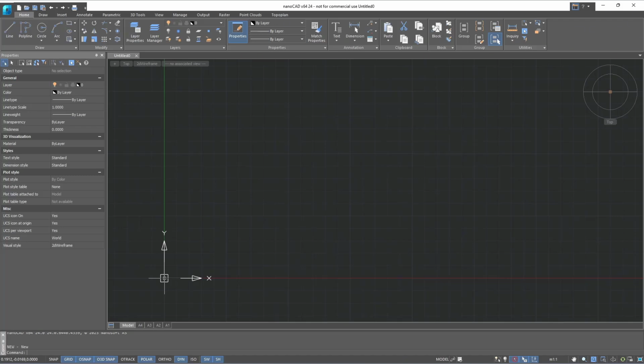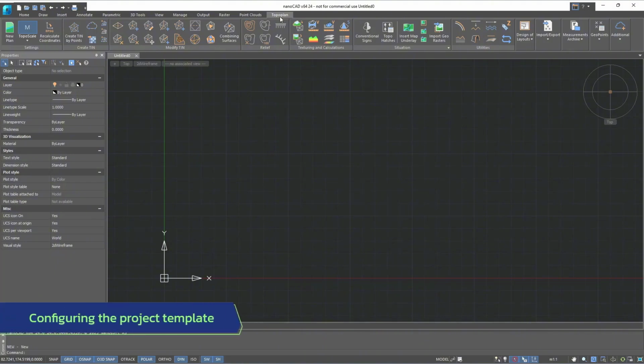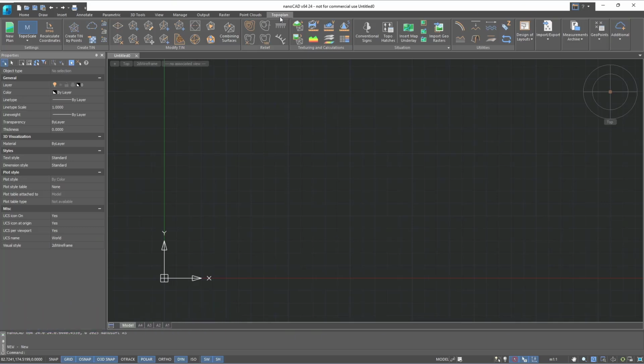All the functionality for working with the module is gathered in the Topoplan ribbon tab, which becomes available upon purchase of the corresponding module. In this lesson, we will pre-configure the program for comfortable work, import our first model, and build a tin surface. To work with geodetic survey data, you need to use a drawing template with units set